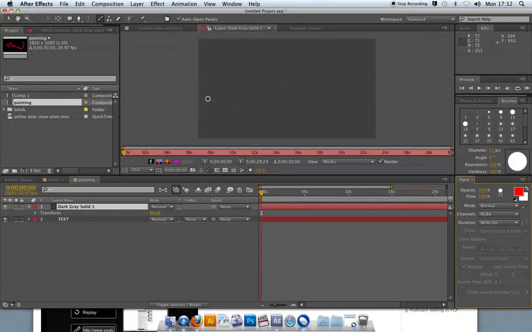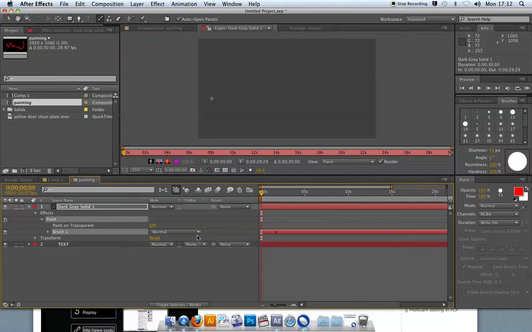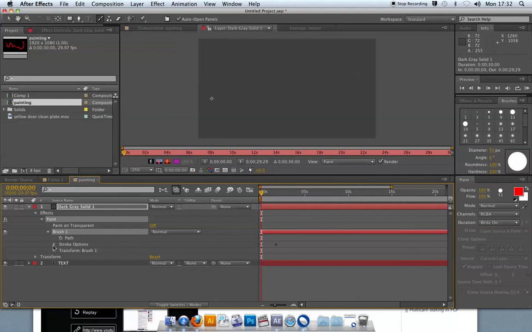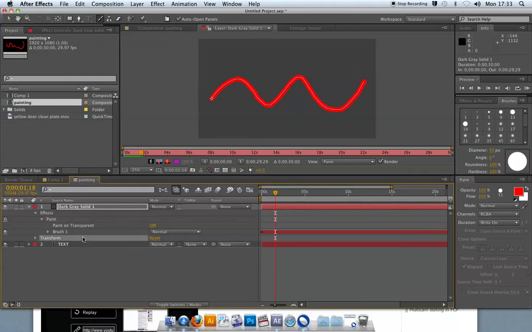Now when I paint, and I open up that paint, you'll see that brush 1 is a clip and it has keyframes in the stroke options. So first thing to look out for is that it hasn't actually disappeared. It's just gone to the first keyframe of your animated brush stroke. Now, so far so straightforward. Okay, we were able to draw, and if we deselect that brush stroke by just clicking off it